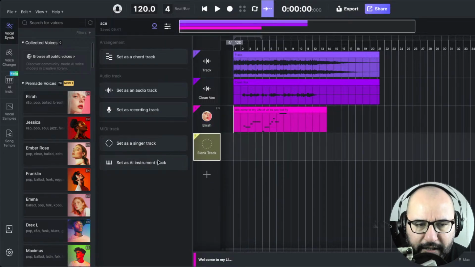Okay, we can create also an AI instrument. I have another video for that. Right now there is a violin, a very realistic violin AI instrument that you can add as well. Okay, so you add the tracks here,